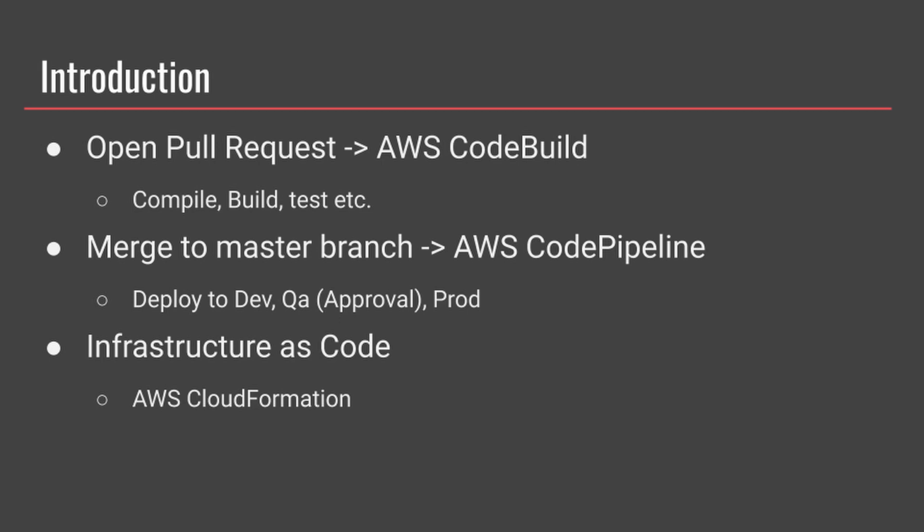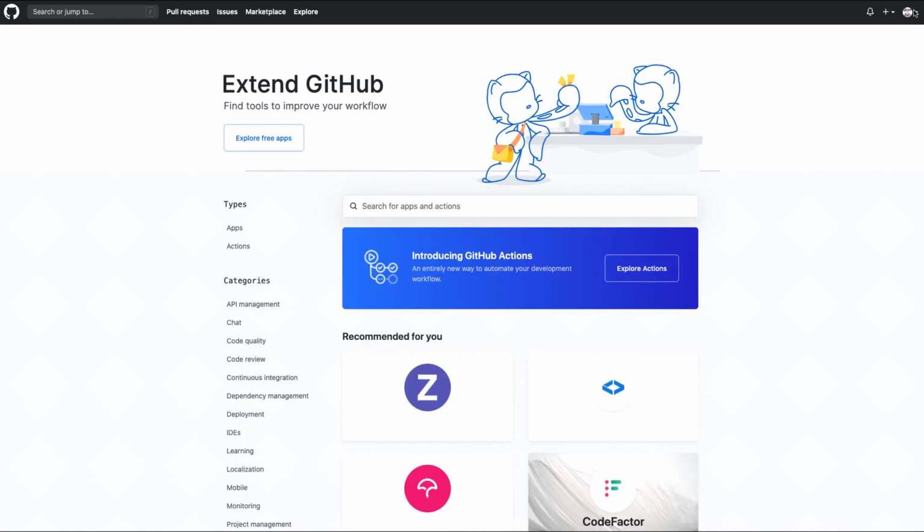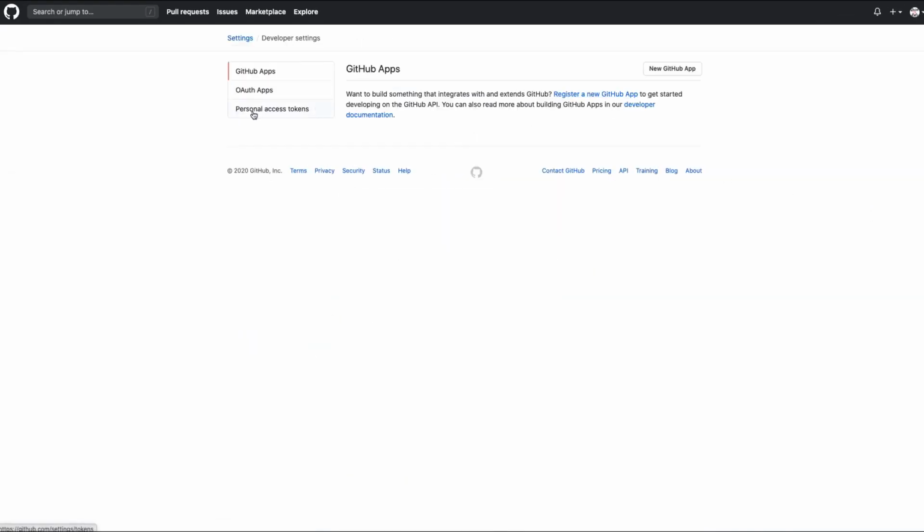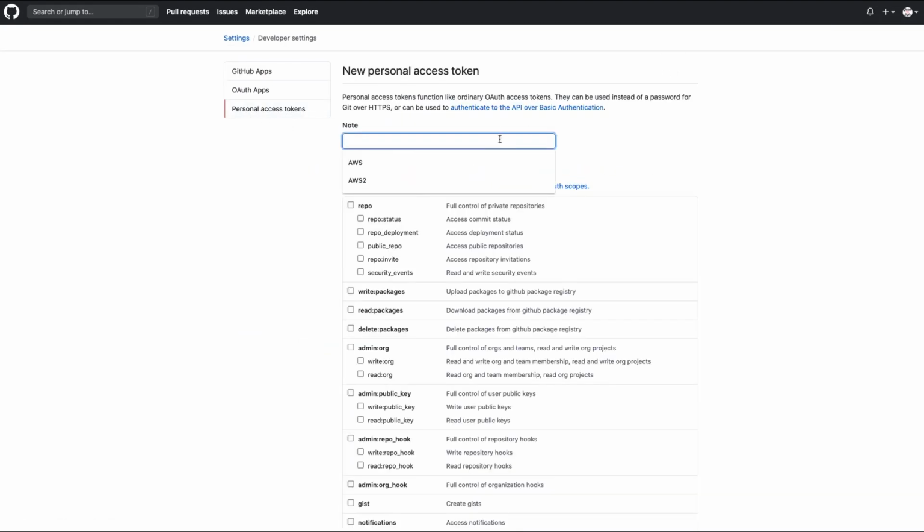Let's get started. First, we will generate a personal access token in GitHub, which will be used for authentication when using the GitHub API. From the drop-down menu in GitHub profile, go to Settings, Developer Settings, Personal Access Tokens. Click on Generate New Token and add a description such as AWS or anything that helps you identify this token